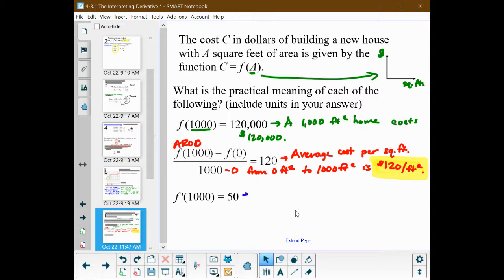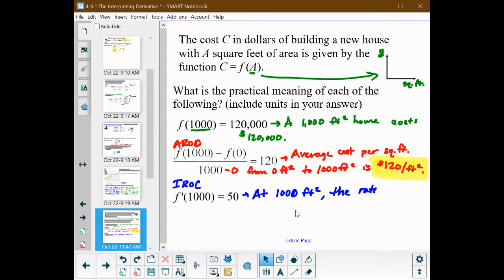All right, finally here we have f prime of 1,000 equals 50. So this is the instantaneous rate of change. This is IROC. Again, it's a rate of change, so we have to make sure we're articulating our units as a rate. And because it's the instantaneous, we can say specifically at 1,000 square feet. So a 1,000 square foot home,